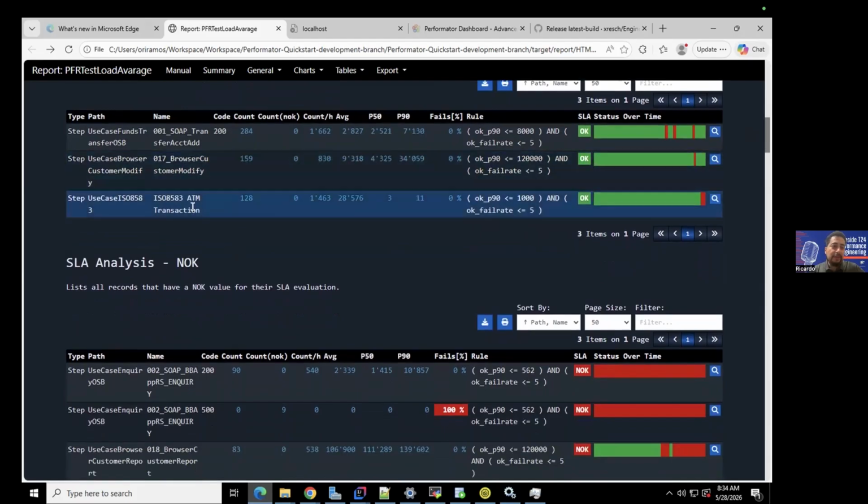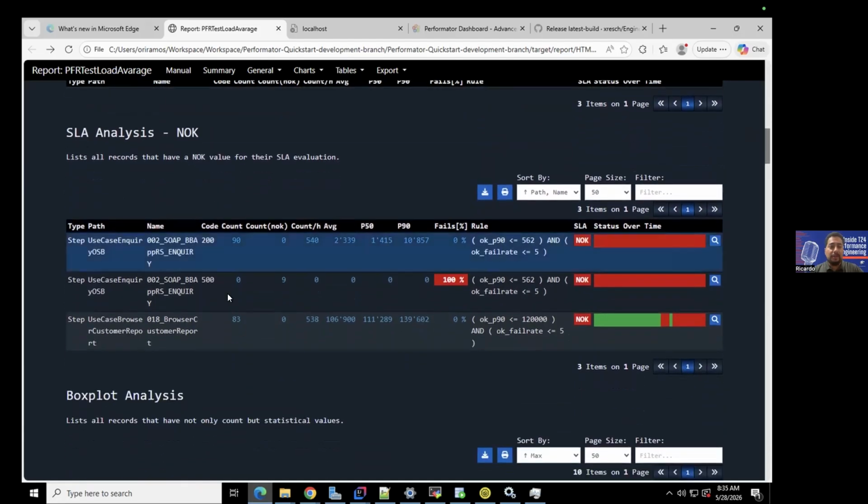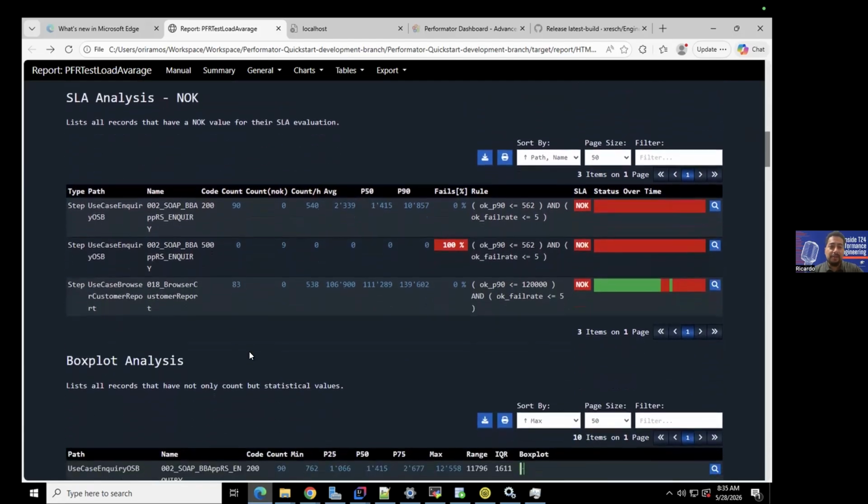Yes, the same for the ATM transaction and the other browser operation. In this case, it is the simulation of the modification of a customer. So notice here the failed case in the metric sense. I mean, this operation does not necessarily mean it is failing with a crash or some kind of timeout error. Exactly, exactly. This only says that this accomplished the